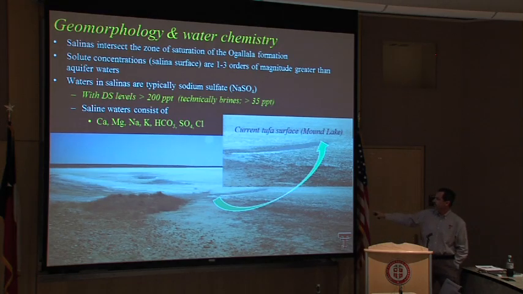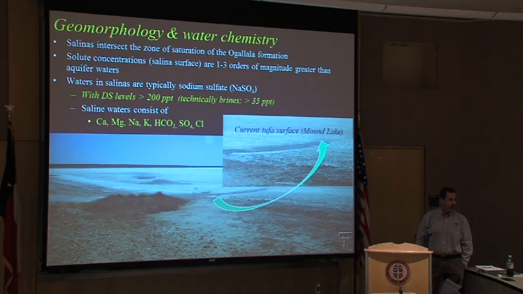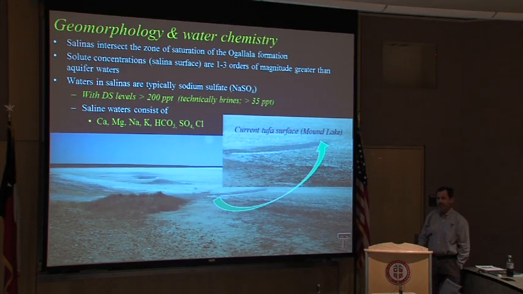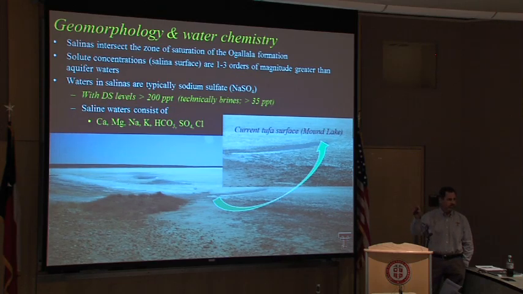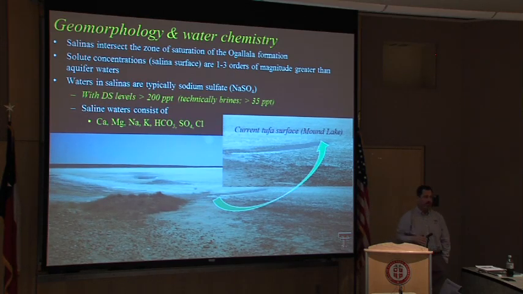So this is a picture of Mound Lake, which is on the Terry-Lynn County border. This is the current surface of this. This was from 2013, and you read about tufa in places like Mono Lake out in California, the really neat salt structures. It's not that dramatic here in the High Plains. It's typically flat features as opposed to elevated features that grow vertically.